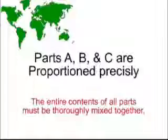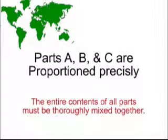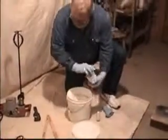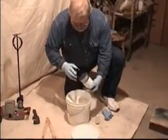Parts A, B, and C of PTi Paste are proportioned precisely. The entire contents of all parts must be thoroughly mixed together. Do not attempt to mix only a part of the bucket. Taking the part B, adding it to the part A, it's a good idea